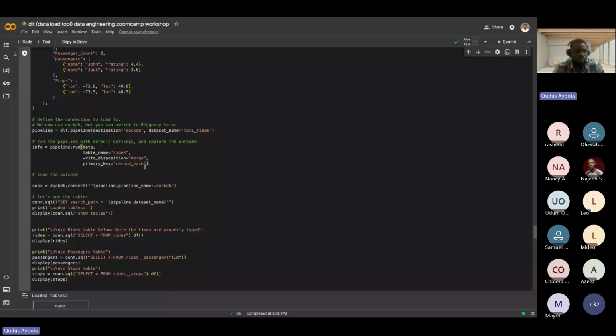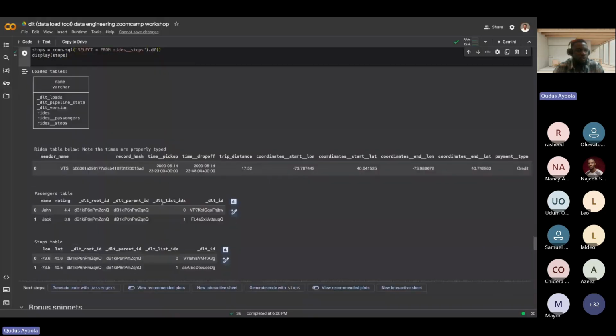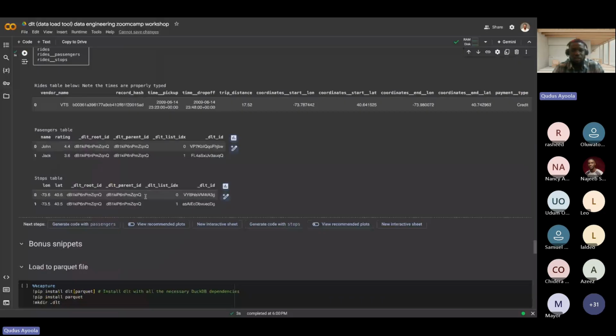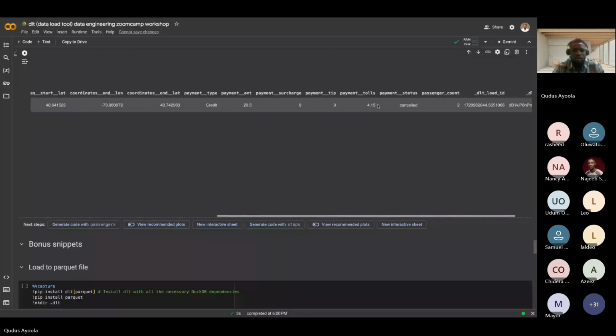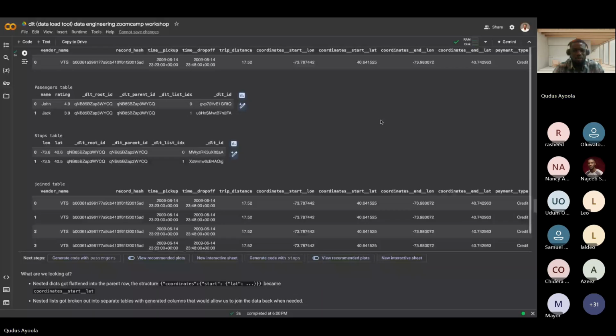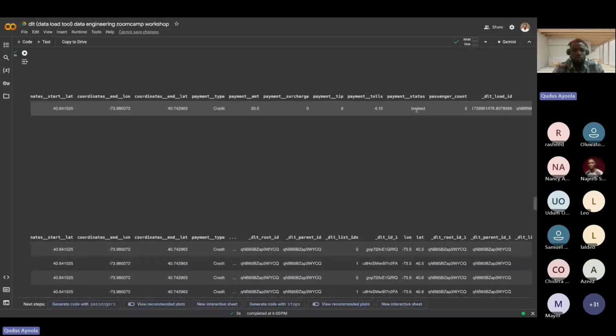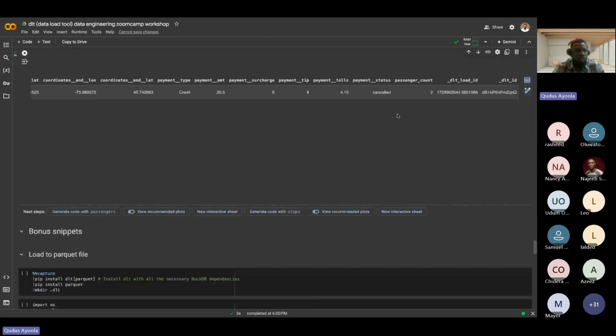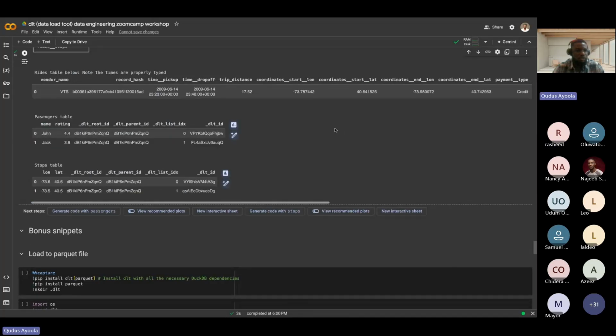And mind you, okay, now we have our new record. So what you just see is John's record. We are reading our data from docdb again. We are selecting from the passenger table and stop table. So what you realize is the data didn't duplicate, but this now has been updated to cancelled. The payment status has been updated to cancelled. If you look at what we had before, we had payment status as booked. So this comes here to update your record to cancelled. And it also updates your rating from 4.9 to 4.4 and 3.6 respectively.